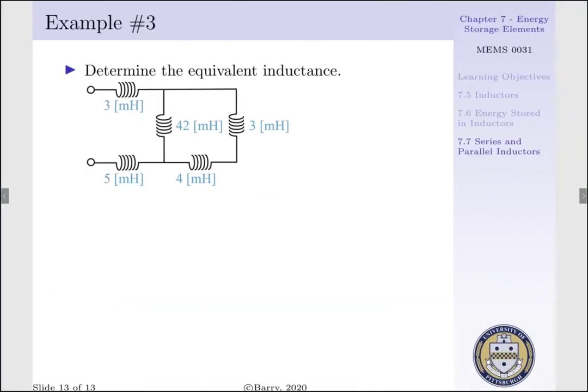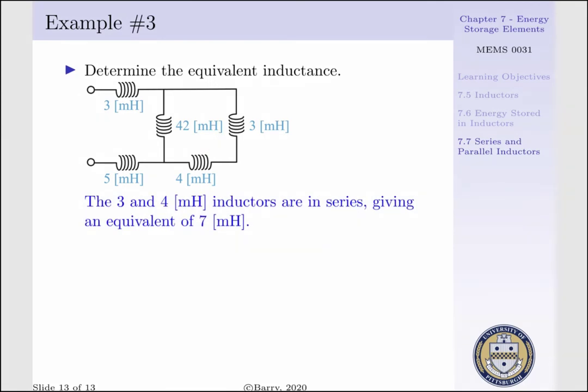Now, let's use these concepts to determine the equivalent inductance of the following system. Say we have nodes A and B that are connected to a circuit, and we want to determine our equivalent inductance. To do such, we first recognize that our 3 and 4 millihenry inductors are in series. This would give us an equivalent inductance of 7 millihenries. Thus, we would have a 7 millihenry